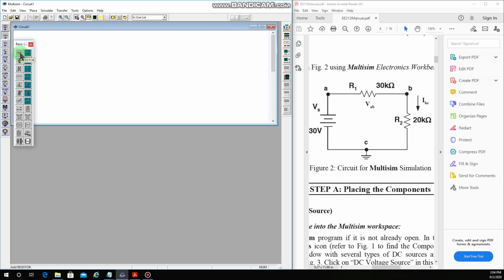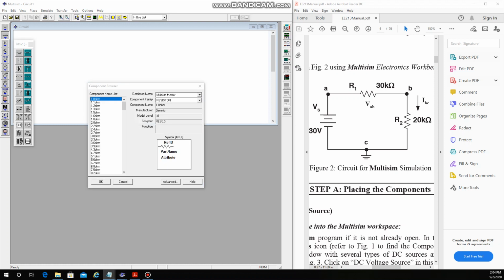We will click on the resistor button, and this will allow us to look at a new window which we call the component browser window. It allows us to access different components. Right now we are looking at the list of different resistors. This is a very long list, and in this list we have a 1 ohm resistor, a 1.1 ohms resistor, and so on. The resistor that we need for our circuit is the 30 kilo ohms resistor,